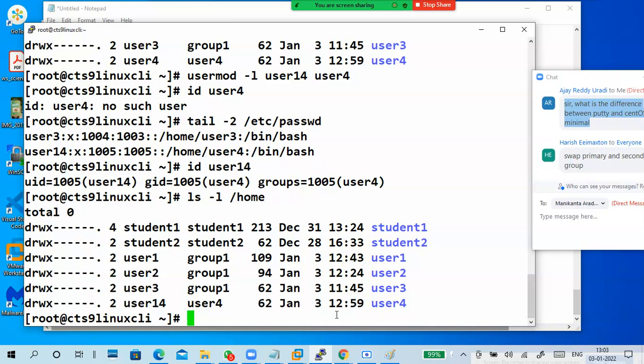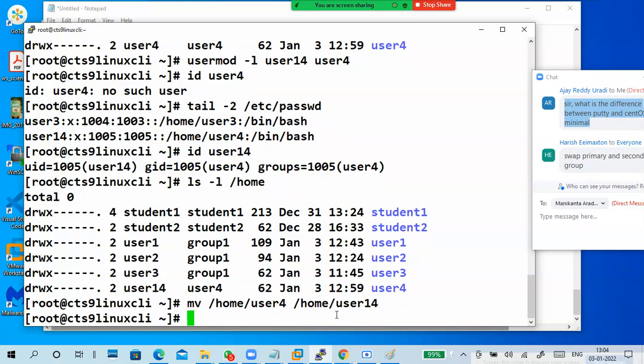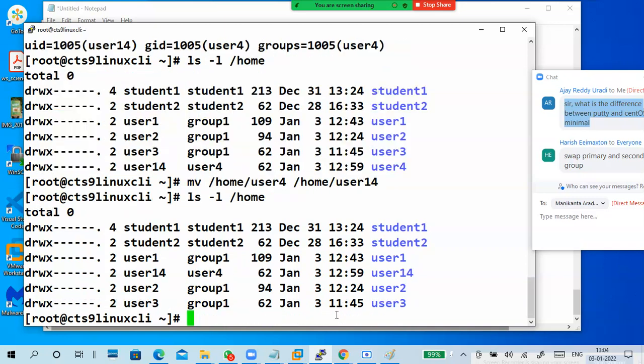How to rename a folder or a directory or a file? Which command renames? Very good: mv, move.